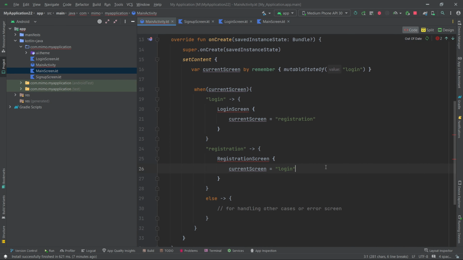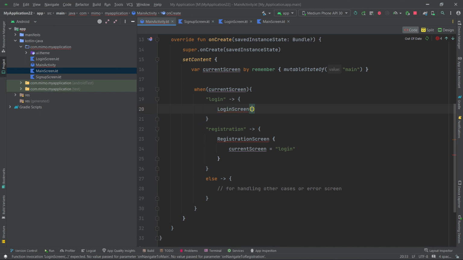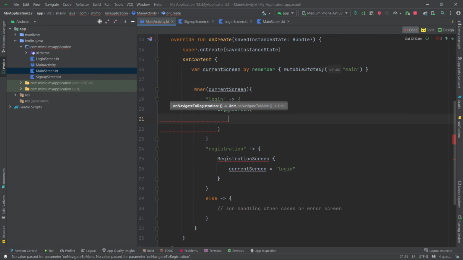Okay, now we are in this main activity. By default, what I want is that the screen should be in the main. So let us keep the screen in main for now, so we can see the main screen first. Now the next thing will be to remove this one, and we can directly have this. And over here, what we can do is pass